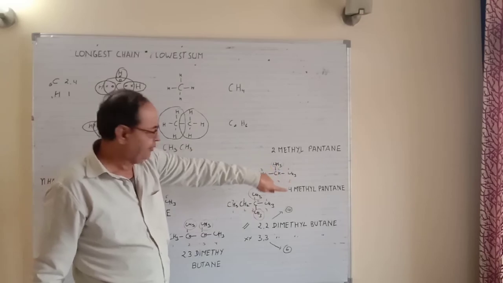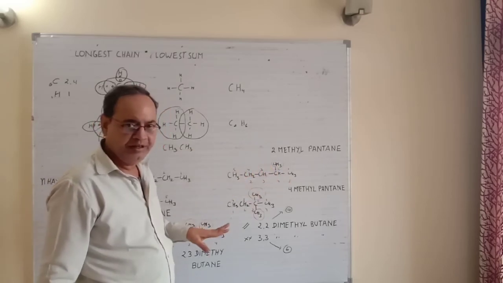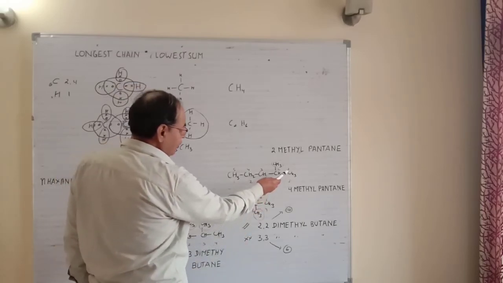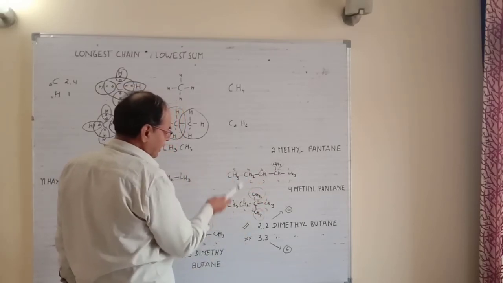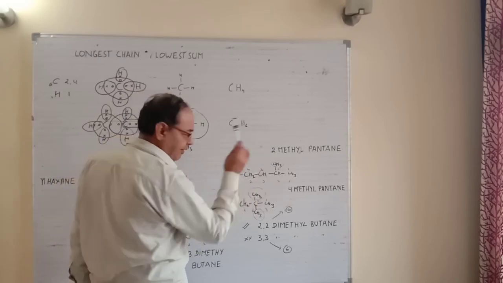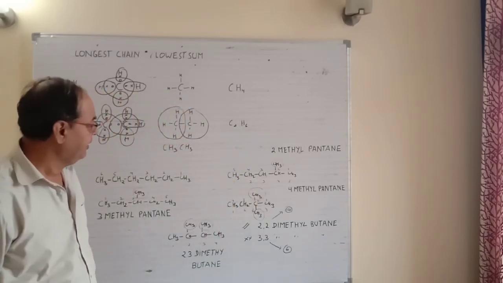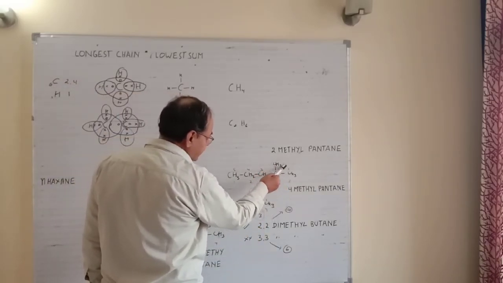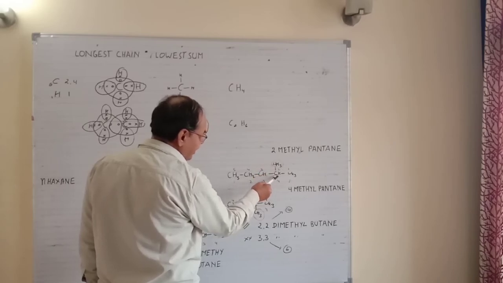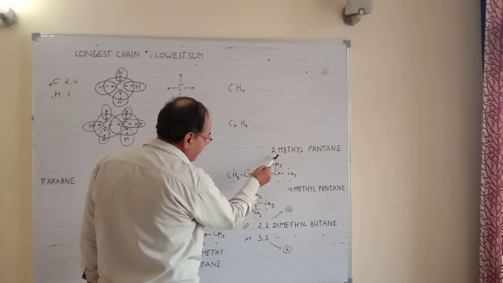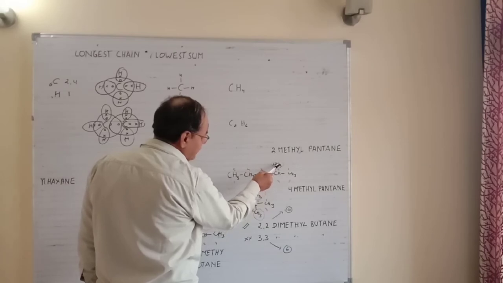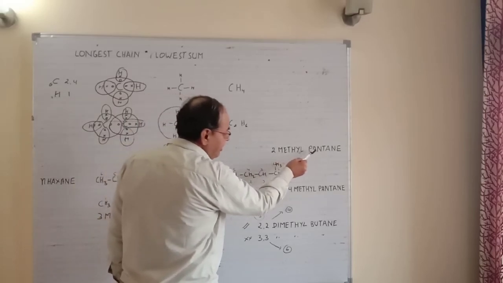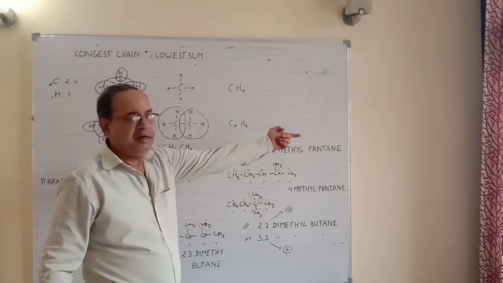Now the same formula, hexane, has another structure. If you see carefully, it is again C6H14. Now we will give the numbering. First we give the numbering from this end, 1, 2, 3, 4, 5, and from this end, 1, 2, 3, 4, 5. Both ends we have numbered. If we go by this end, we find that this CH3 group as a branch is on the second carbon, so we write this second position here. At the second position there is a methyl group, and the longest chain has 5 carbons, that is pentane. So its name is 2-methylpentane.